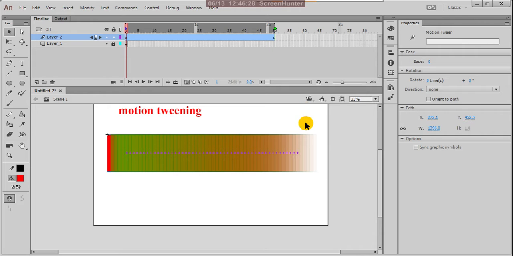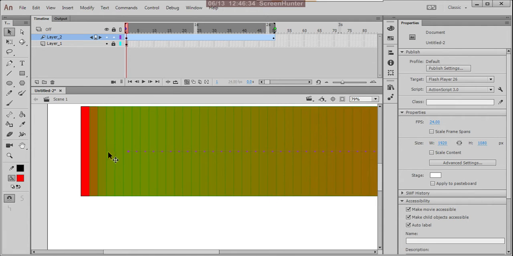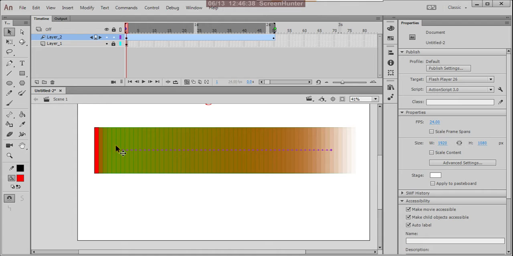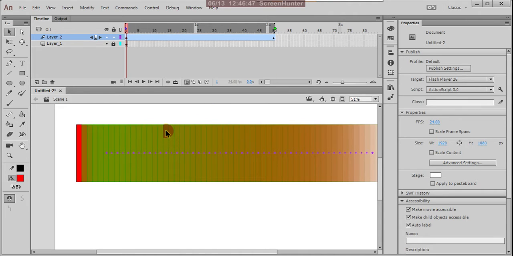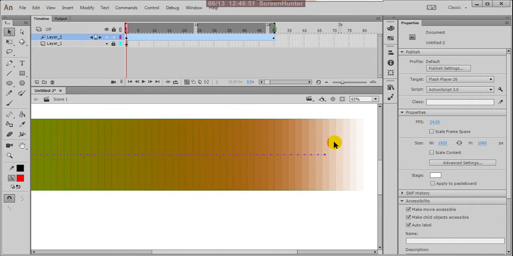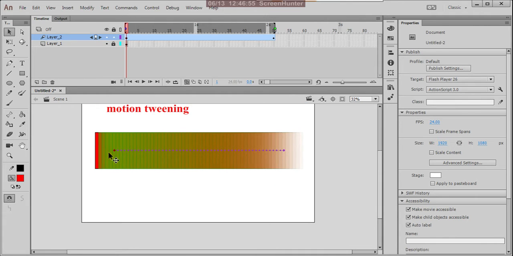Now see here, the spacing is equal and even, created by this software. It is tweened between these two keyframes, here one frame and here one frame. The tweening happened with even spacing, there is no closer spacing or much distance.